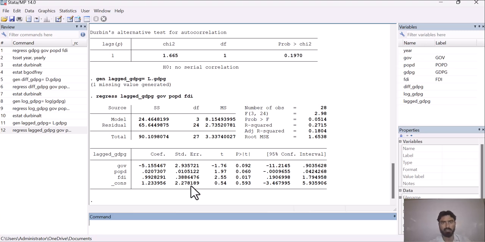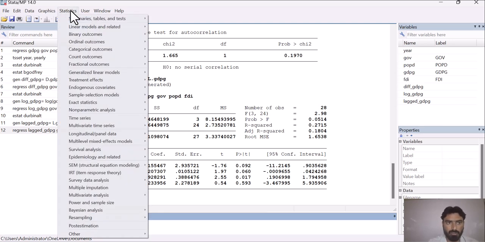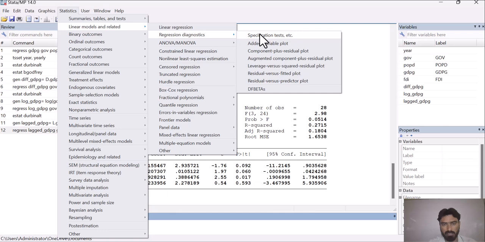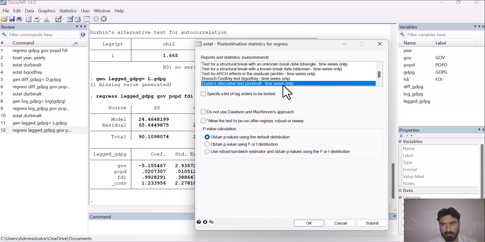This is the result for the linear regression model, but we are interested to see whether by taking the lag our autocorrelation issue has been resolved or not. So go to linear models and related, then residual diagnostics, specification test, and apply the Durbin-Watson test.